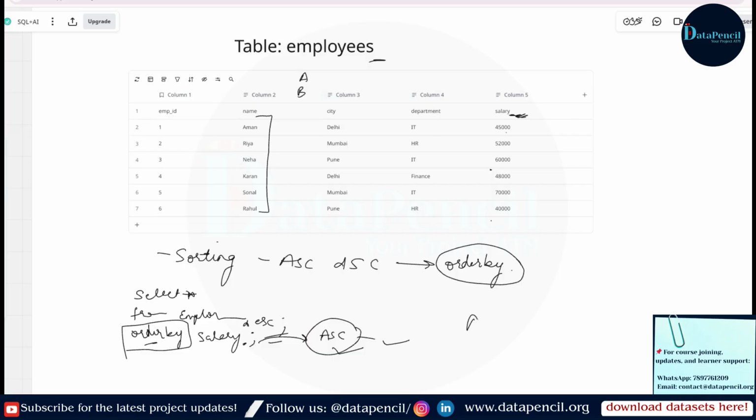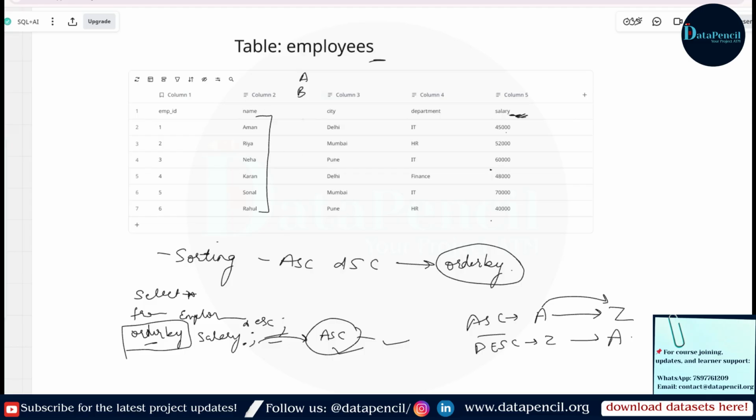In alphabets, ascending means moving from A to Z and descending means moving from Z to A, right?